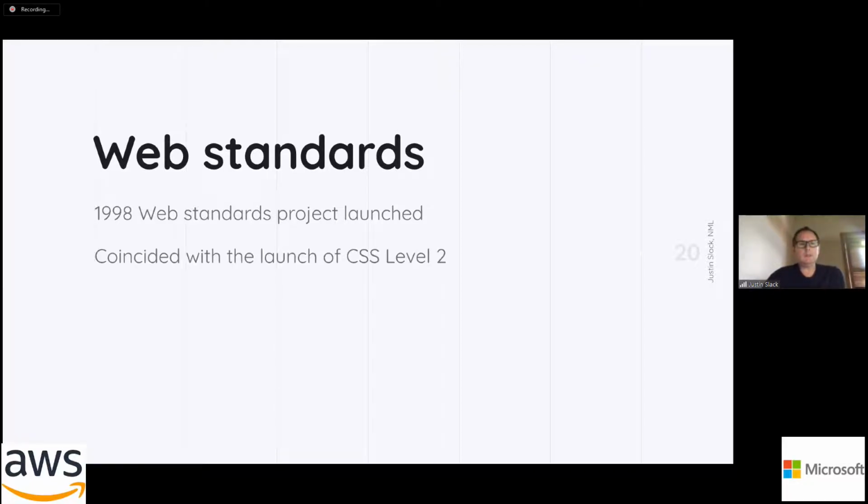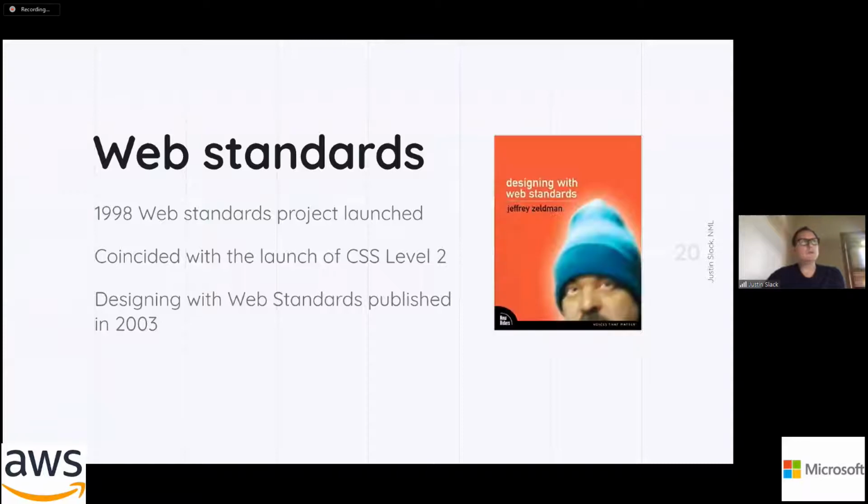And the very, very important thing here was a separation of concerns: HTML for markup, CSS for styling, and float-based layouts, and getting rid of tables. And the book, Designing with Web Standards, was published in 2003. Zeldman, he's wearing a blue beanie on the cover, and there's now a thing called Blue Beanie Day, where you're supposed to be writing your HTML and CSS according to web standards while wearing a blue beanie. Unfortunately, it's in the summer in the Southern Hemisphere, so I don't recommend it, but it is noted and marked